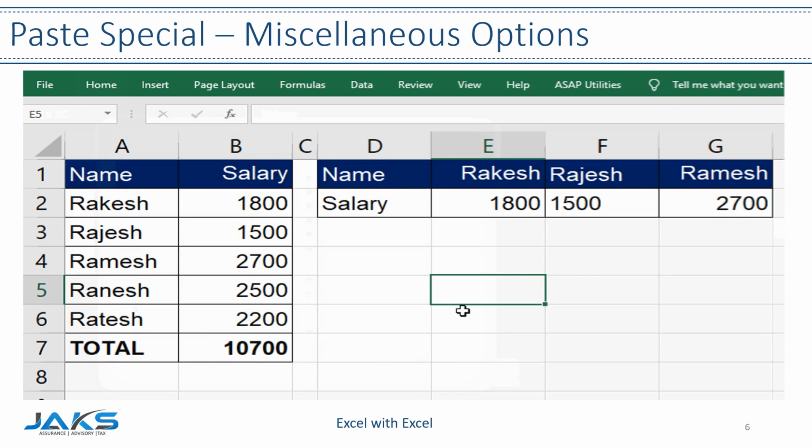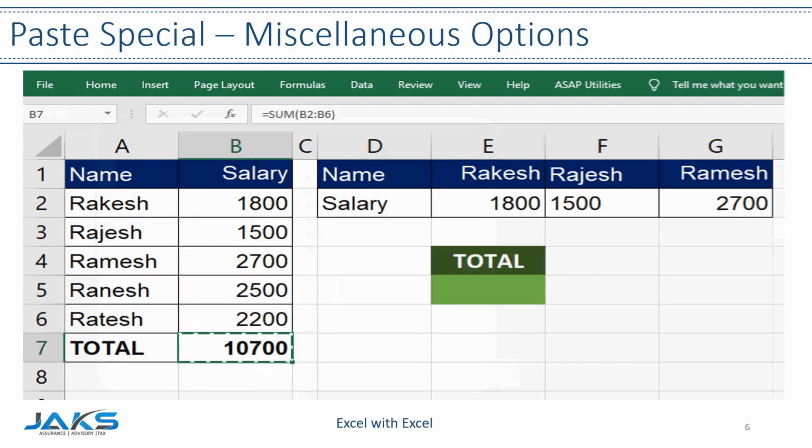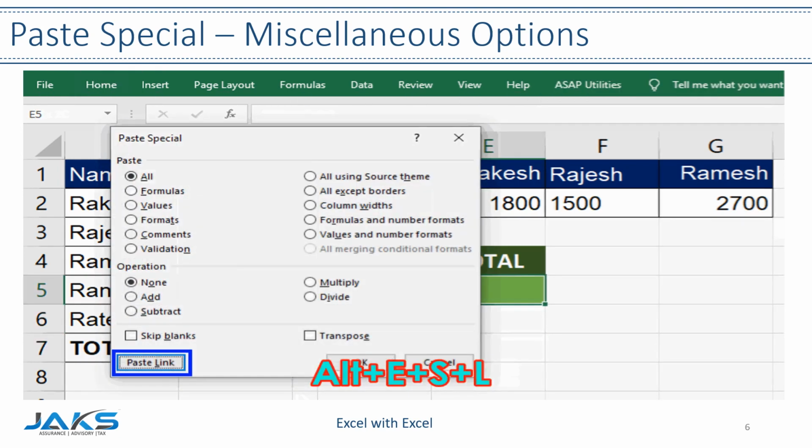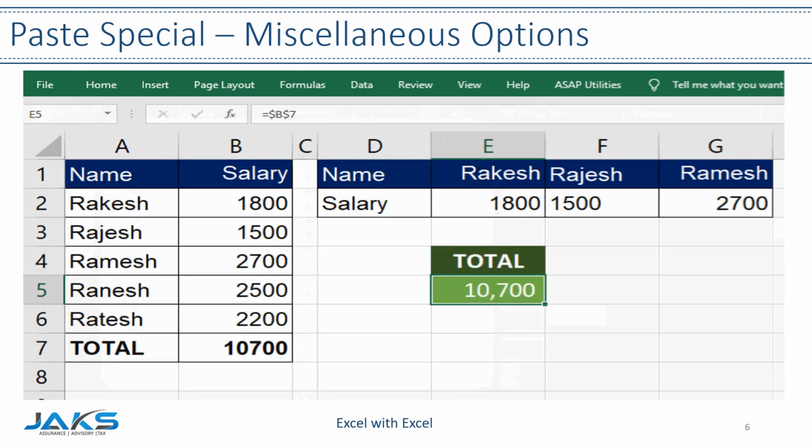Next, we will see the Paste Link option. Paste link helps you to copy a cell and paste it somewhere with a direct link to the copied cell. This may not seem to be a useful tool, as we can just type a formula to directly link to the cell. However, when you work with so many sheets and files, it is very handy, as it creates a direct link to even a different file.